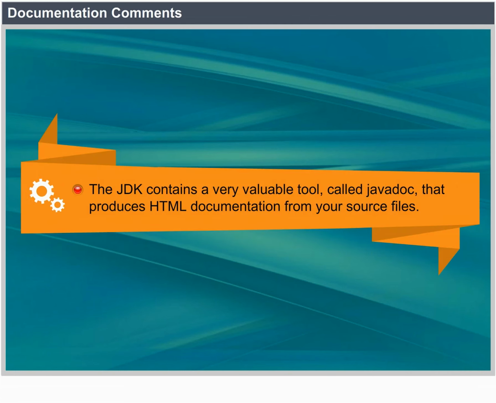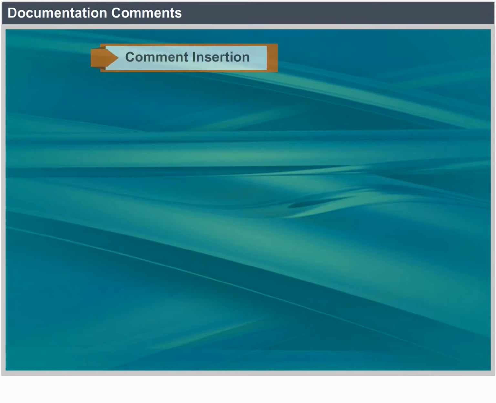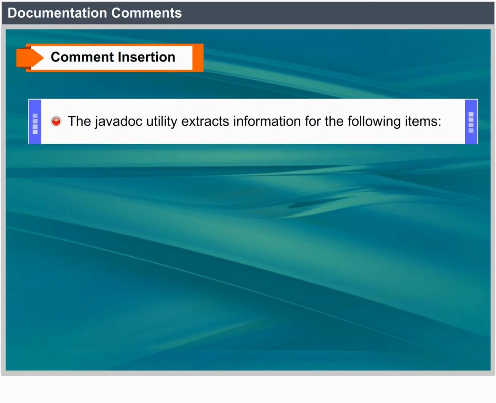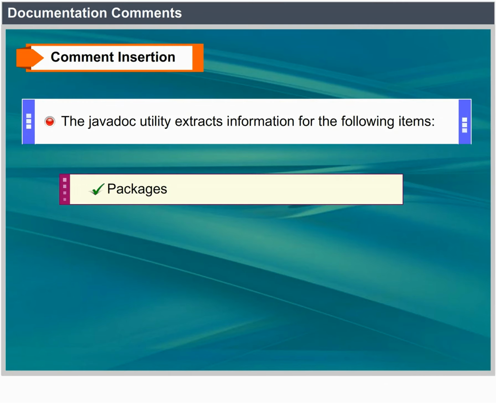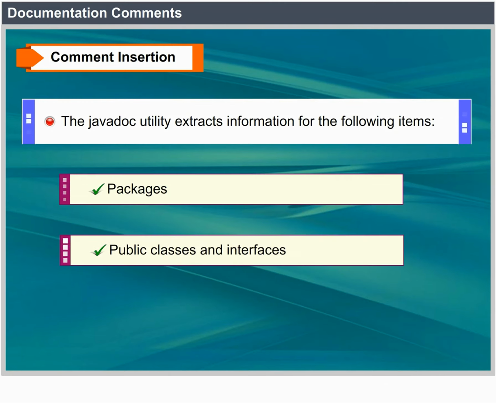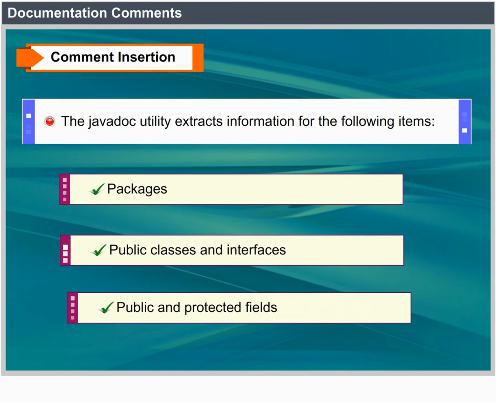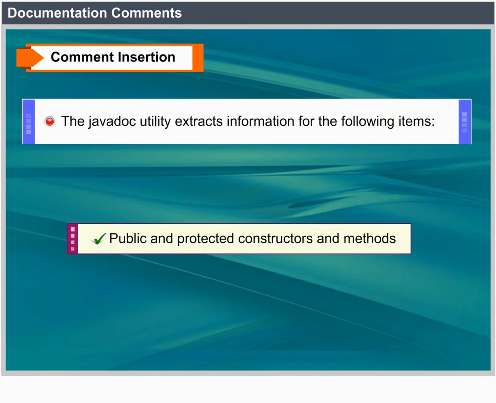Documentation comments. The JDK contains a very valuable tool called JavaDoc that produces HTML documentation from your source files. Comment insertion. The JavaDoc utility extracts information for the following items: packages, public classes and interfaces, public and protected fields, public and protected constructors and methods.